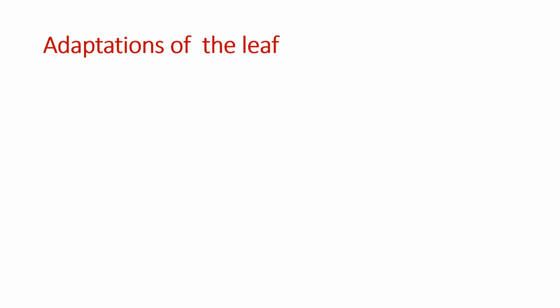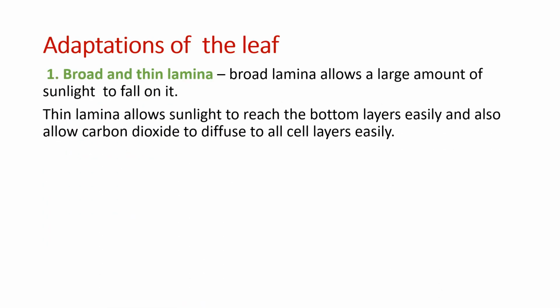Adaptations of the leaf. A leaf contains a number of adaptations to make photosynthesis more efficient. The first is having a broad and thin lamina. Most of the leaves contain a broad lamina which allows a large amount of sunlight to fall on it. The thin lamina allows sunlight to reach the bottom layers easily and also allows carbon dioxide to diffuse to all